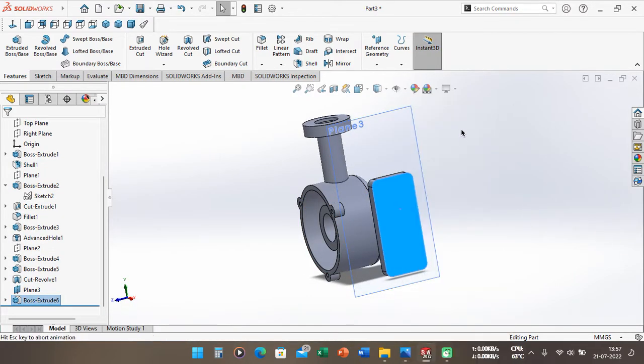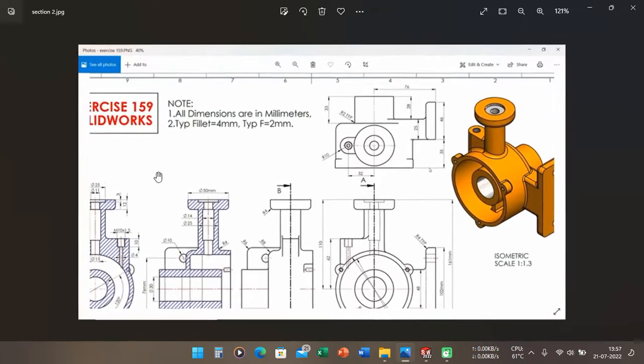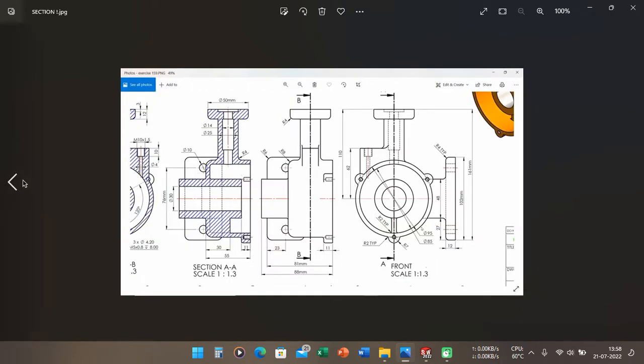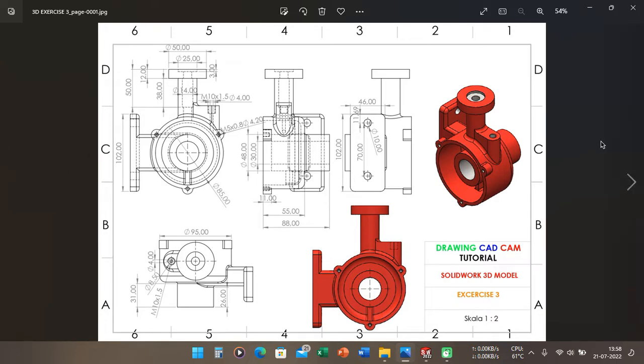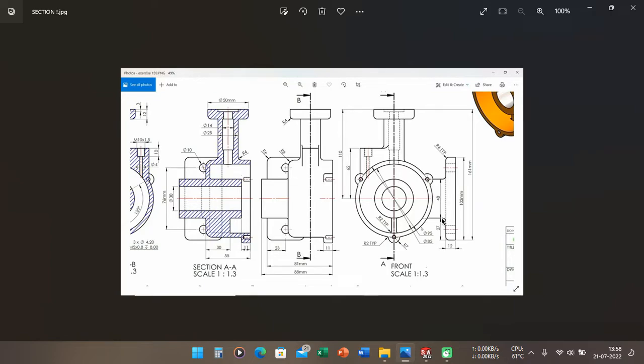After that, if we see again here, we have this section, and the total thickness from here until here is 25 millimeter, and the length of this from top until the bottom, we can see again here, is 48 millimeter. Here, if you see here, 48 millimeter, with the distance from top here until here is 27 millimeters.